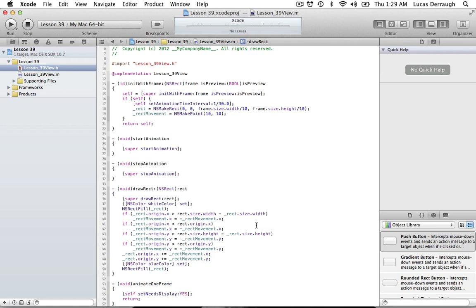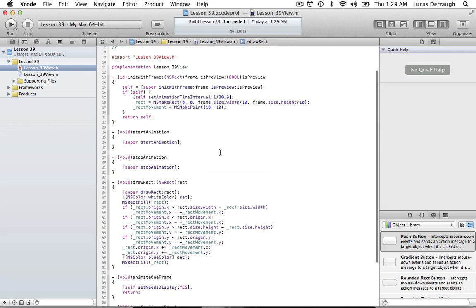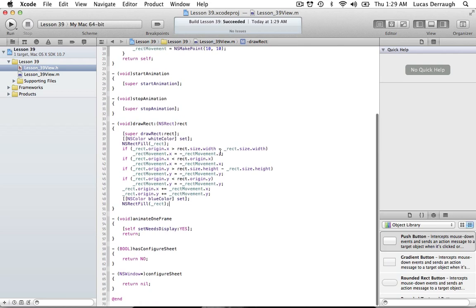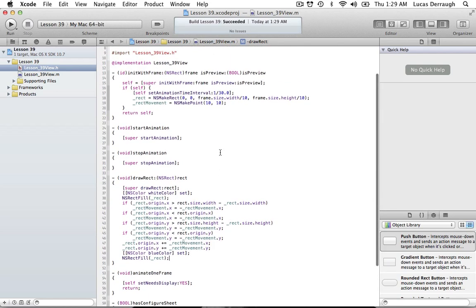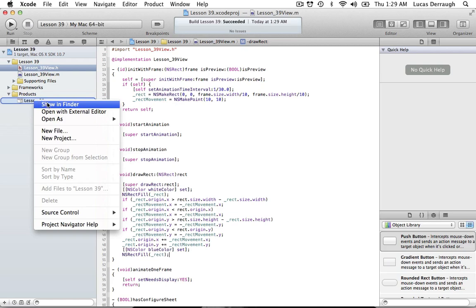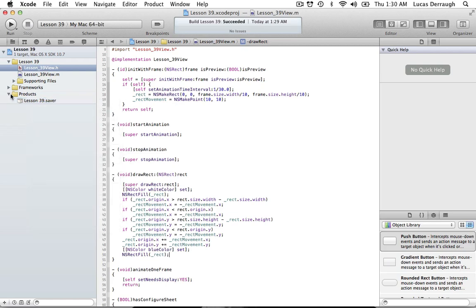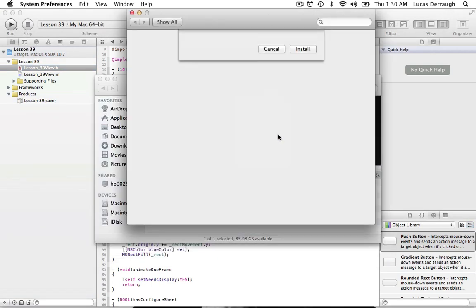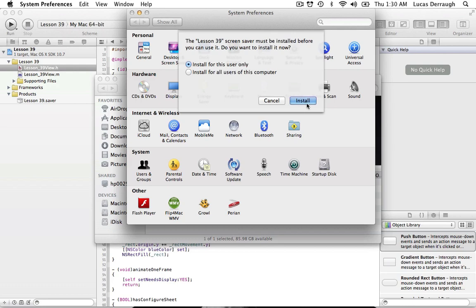So you can go ahead and build this, or you can go ahead and hit the run option right there. It doesn't really matter. Either way, as long as the project's actually built, then we should be able to use it. So as you can see, it obviously didn't just start running. Xcode doesn't run your screensavers. You have to actually install them and run them out of the system preferences, which is probably where you want to test it anyway, since that's where you would test it if you were to run it on any computer. So we can go to Show in Finder right here under Products. We can right click on our L39, Show in Finder, double click on the screensaver, install for this user only,